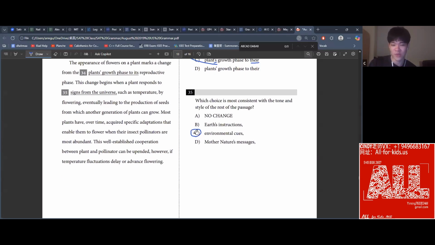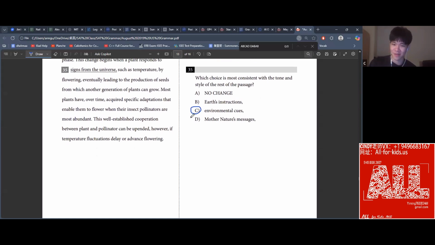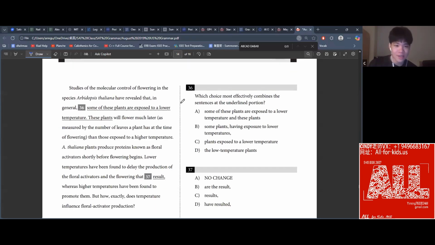Next, environmental cues is the most formal way of phrasing this phrase, whatever this is. Next,